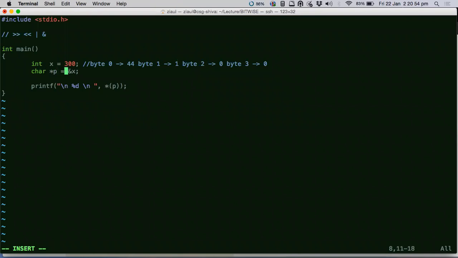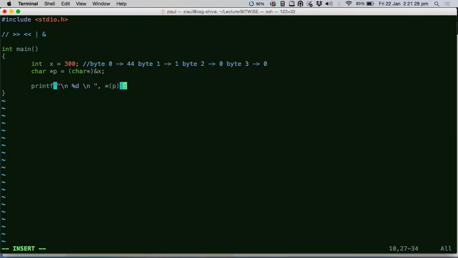But there is an issue here. This will not work. Why? Because on the right hand side, what kind of pointer do you have? This is an address of what? This is an address of an integer, right? It is not the address of a character. So here you have to do a typecast. Exactly. So now this address that was supposed to be an integer would be treated as a character, taken as the address of a byte instead of an address of an integer, just because I have used a casting operator here.